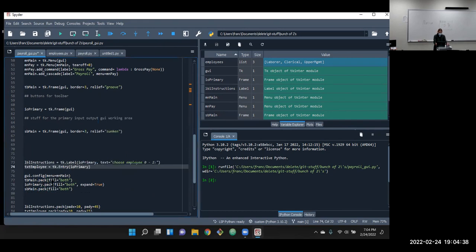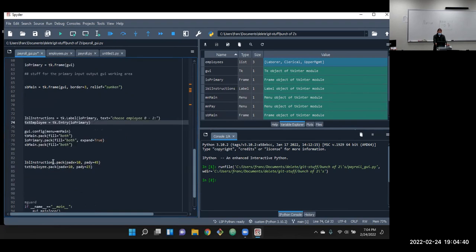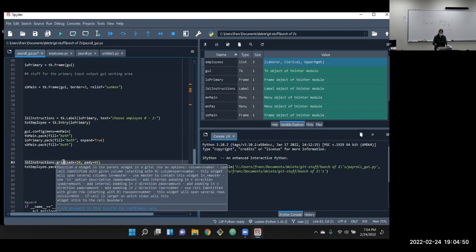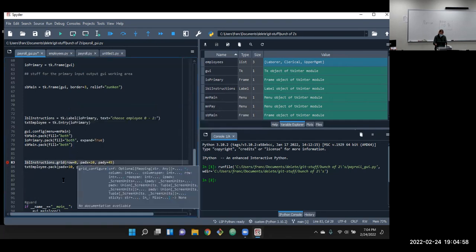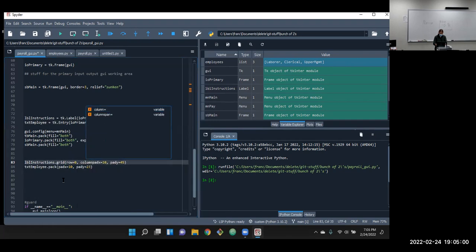And then personally, what I like to do is pack in the containers so that they just go top to bottom, and then stretch them out as needed, and then do a grid for the stuff that goes in a container. And for a grid, we need to know what row it is, like row equals 0, column equals 0.